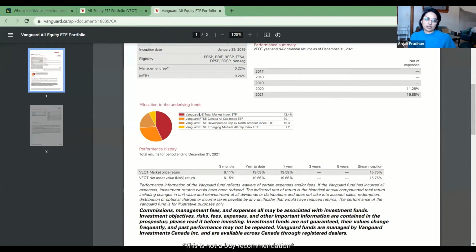Because the US total market stock ETF should be very, very cheap, for example, and the Canada one as well. The other ones will maybe be a little bit more expensive. But like anything, if the work is done for you, it's going to cost you a little bit more. And if it means that you're actually going to invest rather than saying, oh, I'll do it one day, and you don't invest, paying a little bit more but having it done and actually doing it is a way better option than not doing it.